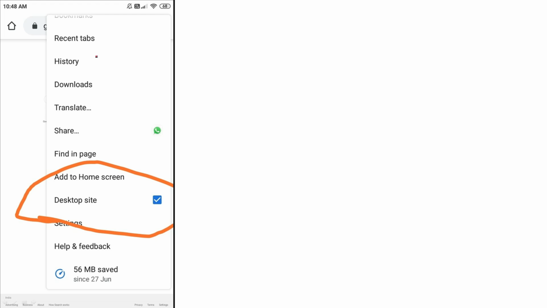Here in the settings, you can find many options: history, recent tabs, downloads, translate, find in page, add to home screen. Then afterwards there is the option called desktop site. There you have to put a tick mark. Once you put the tick mark, you have selected this one. This is just like a PC computer, how the screen works, that is actually desktop. So once you click here, it will take you to